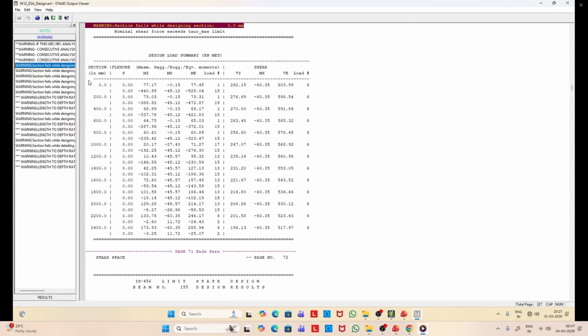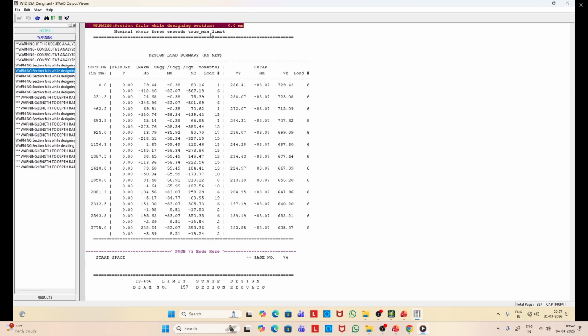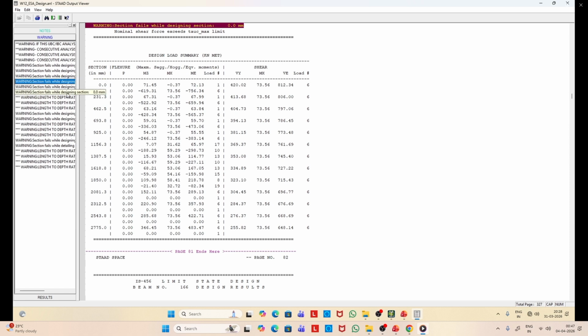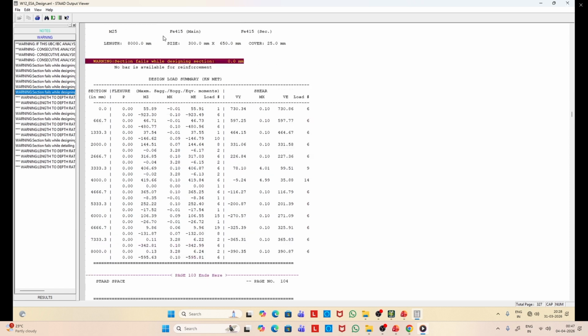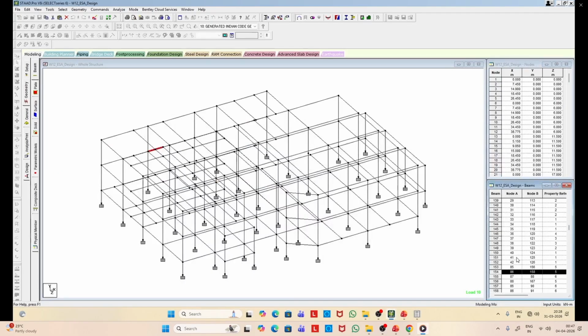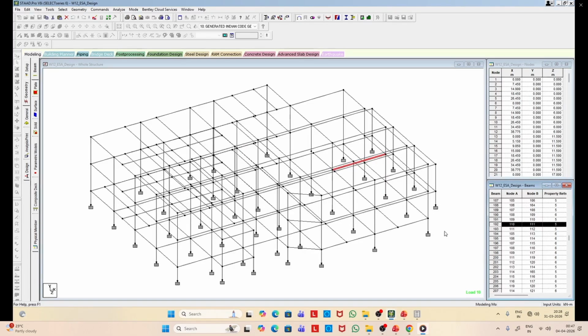And you can see the reason here. Nominal shear force exceeds tau C max limit. Here for this element, no bar is available for reinforcement. So you can see the member location.